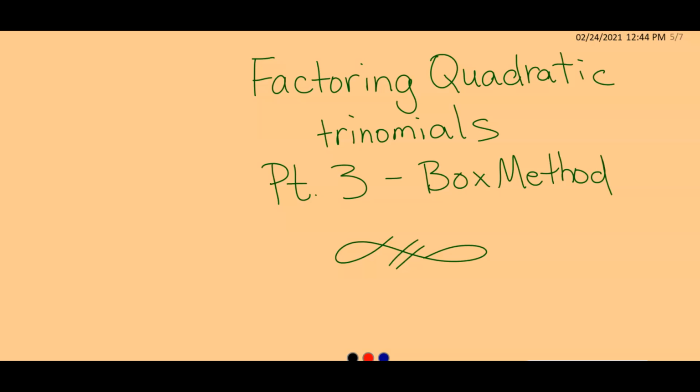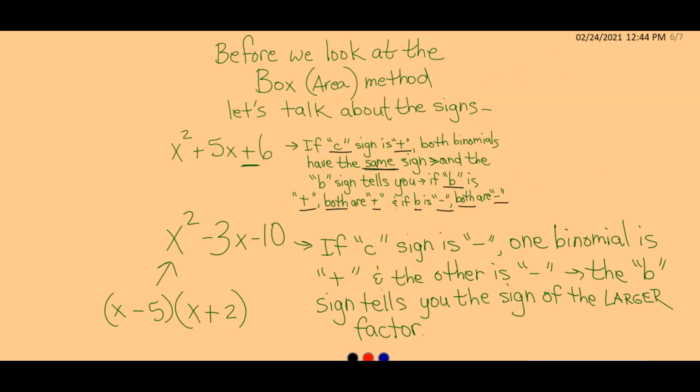Okay, here is part 3 of our factoring quadratic trinomials, the box method, otherwise known as the area method. So let's take a look at how we do this. Before we look at it though, I want to talk about the signs. And I did screenshot this page so that I can download it to Schoology